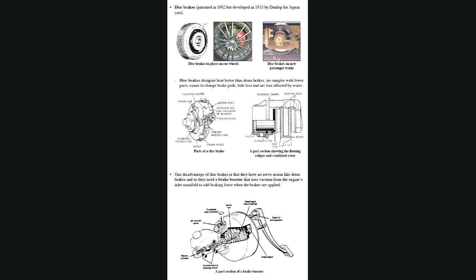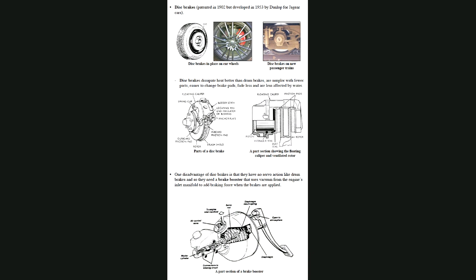So these are the parts of a disc brake. So there you've got the rotor, or the disc, and this is called a ventilated disc, where you've got holes up the center, and this is the caliper. And the caliper is called a floating caliper. So you've got a piston on one side, and you've got the caliper with the linings, the brake pads, on either side of it. And so when you put your foot on the brake, it forces this pad up against the rotor, and then the caliper will float back and push that pad on the rotor,